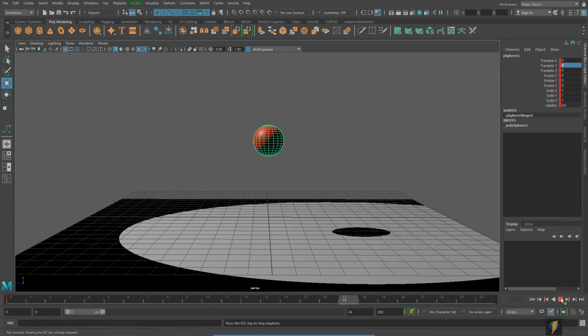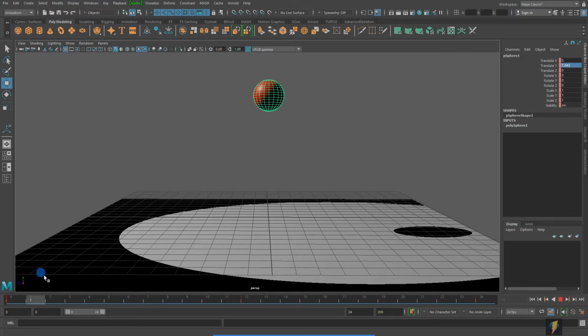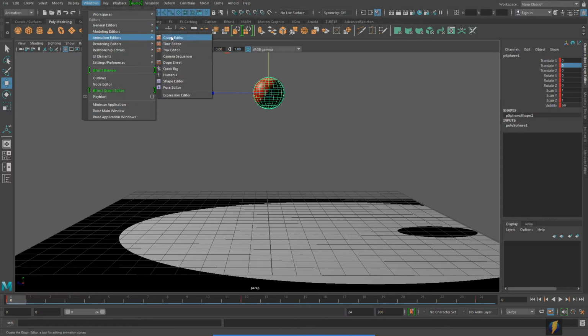It's not very convincing, however. Currently we have it coming in slowly. It slows down before it hits the surface, and instead of slowing down before it hits the surface, it should actually be speeding up. So we'll fix that now. If you'll remember from the previous video, we went to what is called the graph editor to work with the object's animation curves. So I'm going to go to Windows, Animation Editors, Graph Editor,